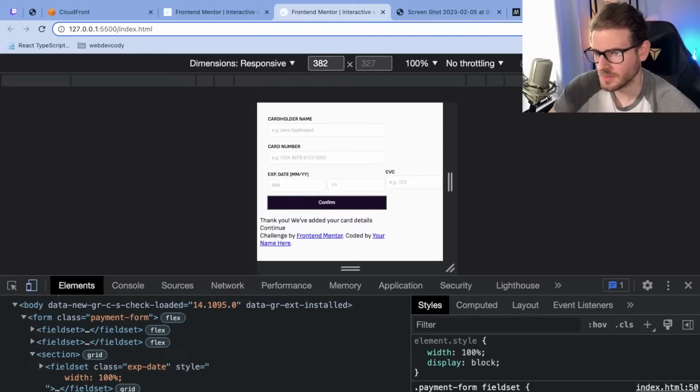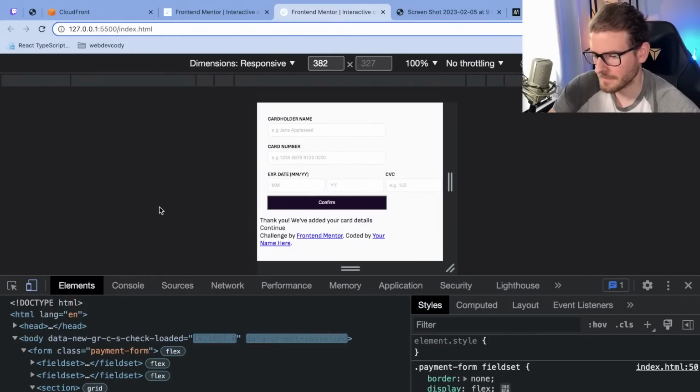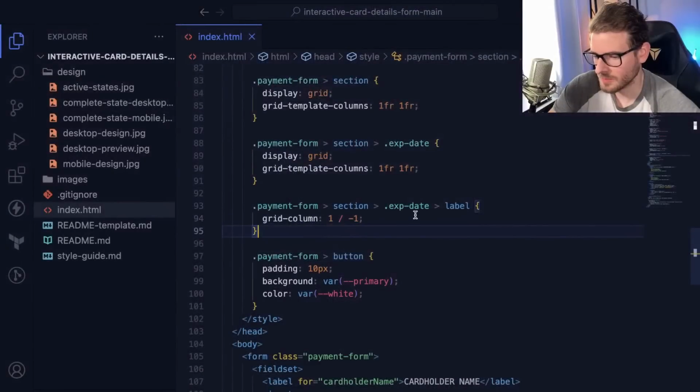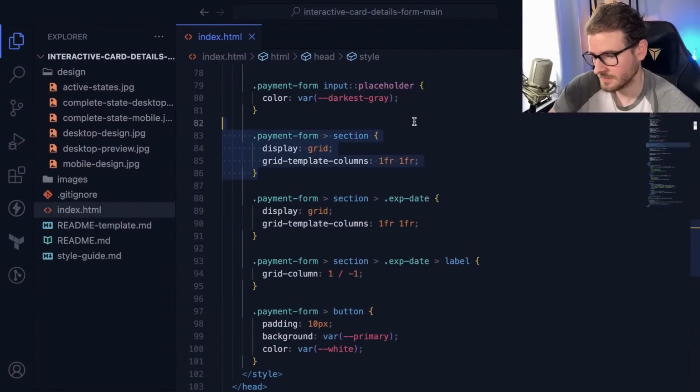Max 200. Don't take the whole width like block elements. Okay. So, by that logic,